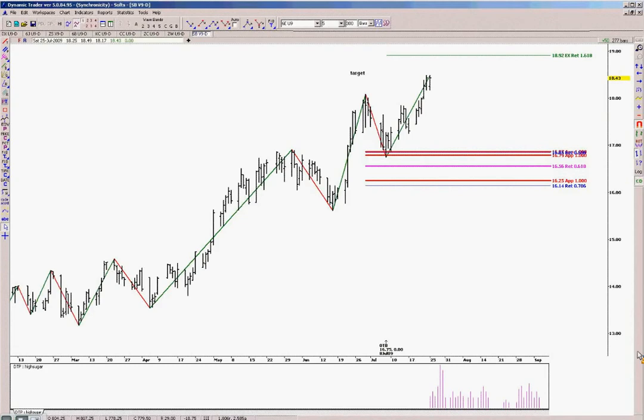Okay, one of the questions is, do you use the daily for setup and a 15 for entry? You can do that. I like to see at least a swing high or low on the daily chart taken out to indicate the reversal. But then if you want to fine tune it, you can fine tune it down to a 5-minute chart and tighten up your stop to literally 2.5 S&P points.